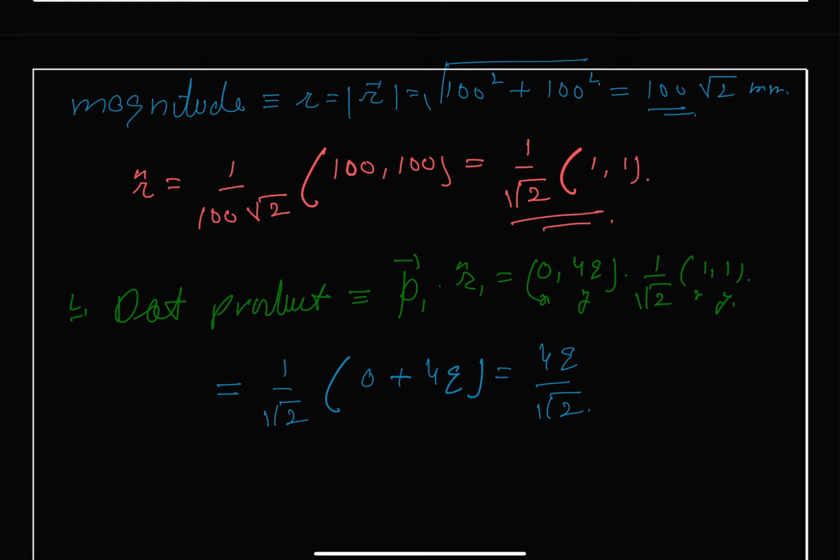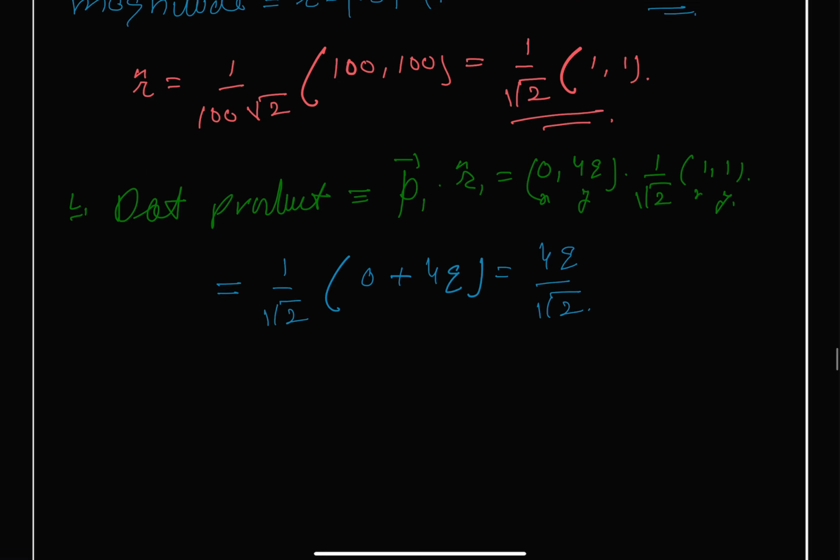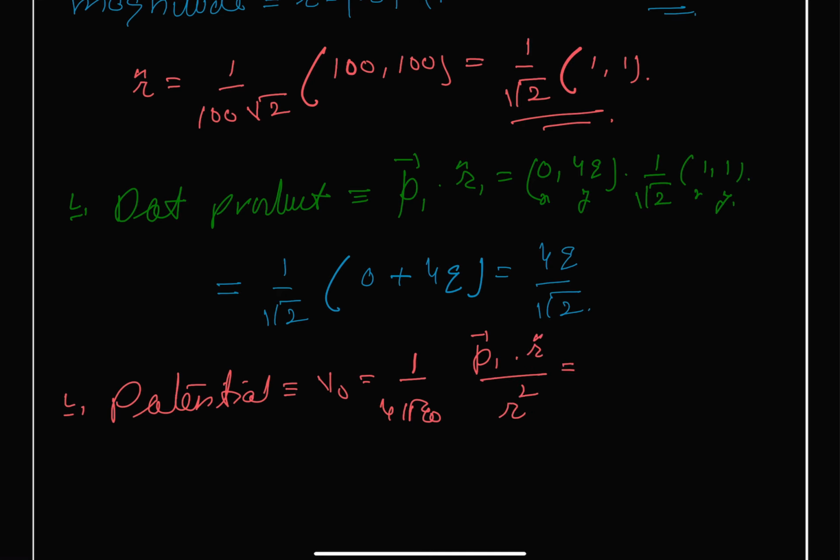Now we can easily find out the potential V0, because initially it says that the potential is V0. So you can say potential, which is our V0, will be equal to 1 upon 4 pi epsilon naught. We get this as P1 dot our R unit vector and divide by R square. We substitute the values. We get this as 1 upon 4 pi epsilon naught. Dot product is our